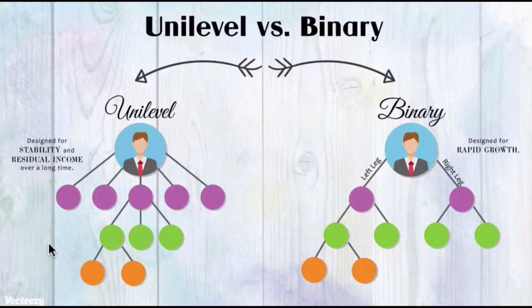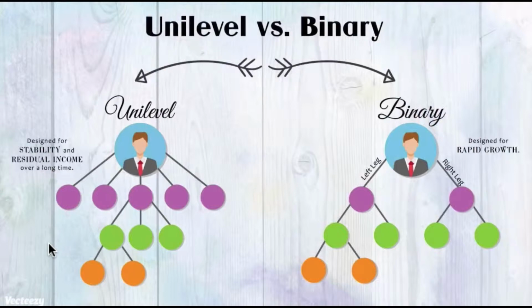So you sponsor Jane, and anybody that comes under Jane is one leg. You sponsor Tom, anybody that comes under Tom is another leg. Each person that you personally sponsor is a different, unique team, right? And typically you get paid on that team's volume, or you get rank advanced on that team's volume or the combination of the volumes and so forth.